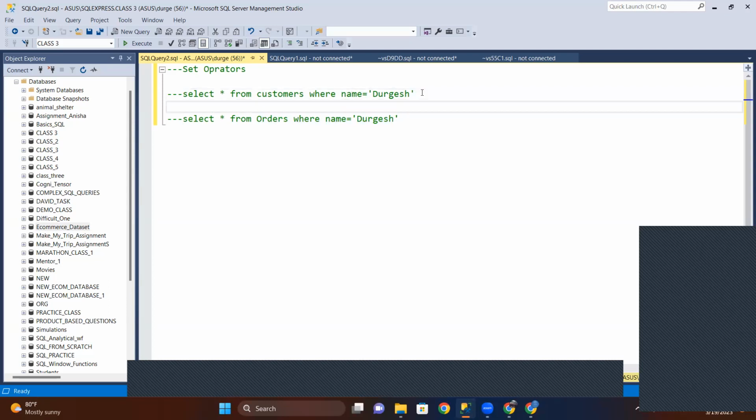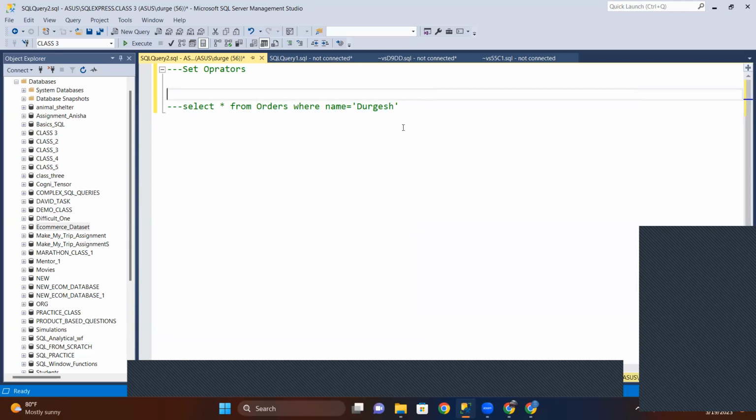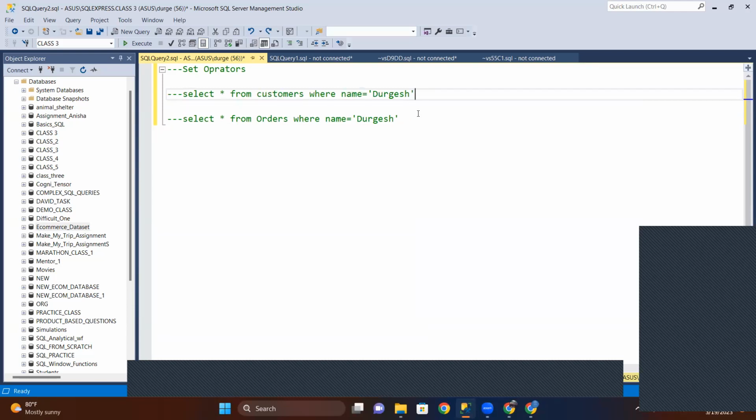But if I want to aggregate the two data sets, for example, here we got 5 records and here we got 4 records, and I want to write one query in which all 5 and 4 records are there, like adding the output of two select queries into one query, then I will use my set operator